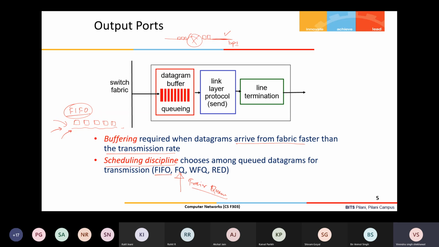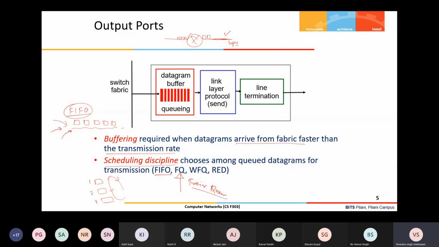One simple implementation is to have logically multiple queues, one corresponding to each flow, and then apply a round robin mechanism: one packet from the first, one packet from the second, and one packet from the third, if 3 are there.